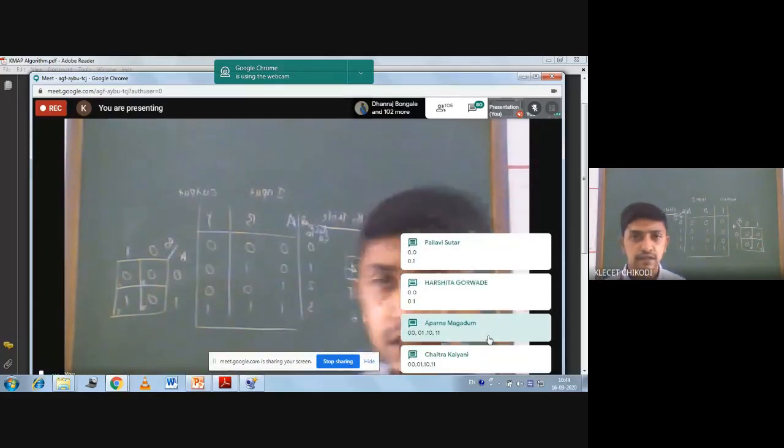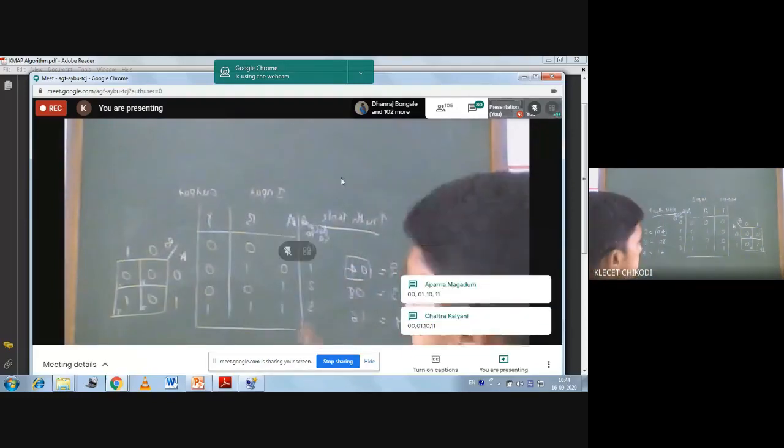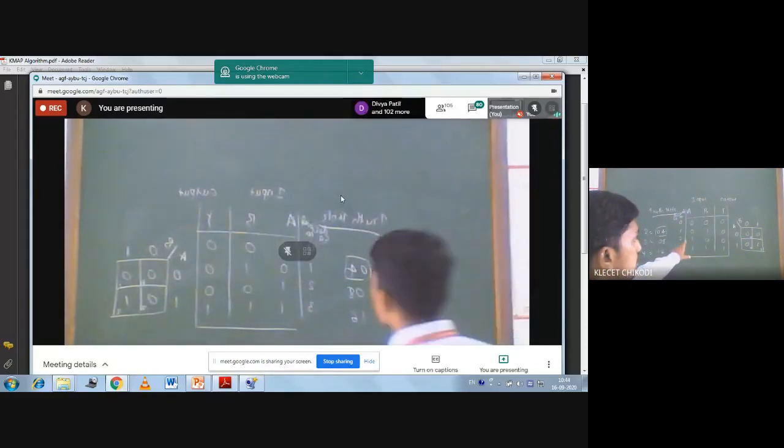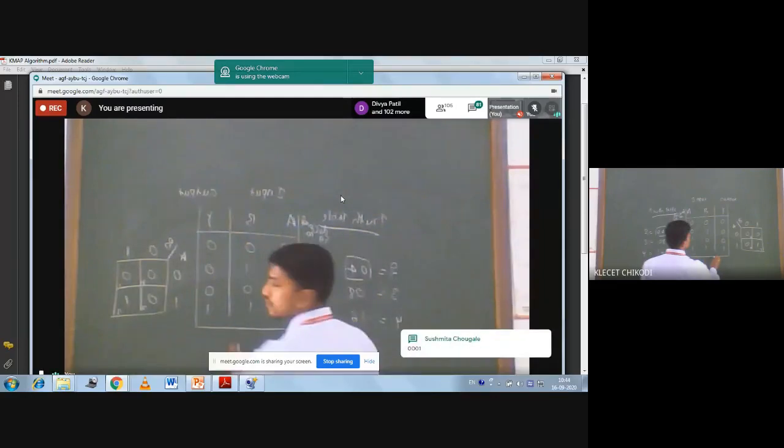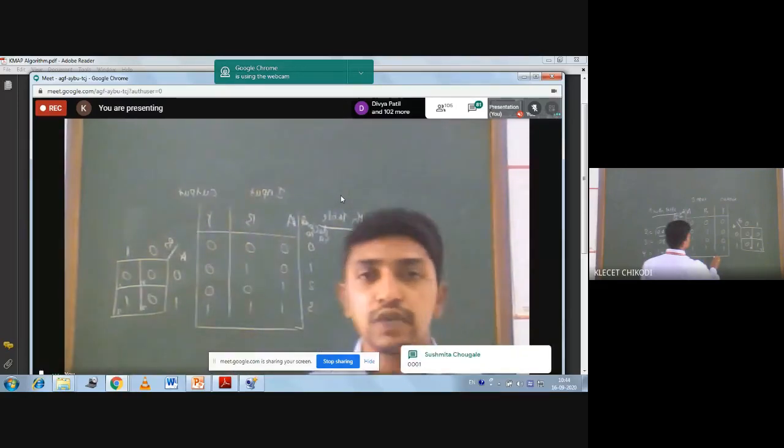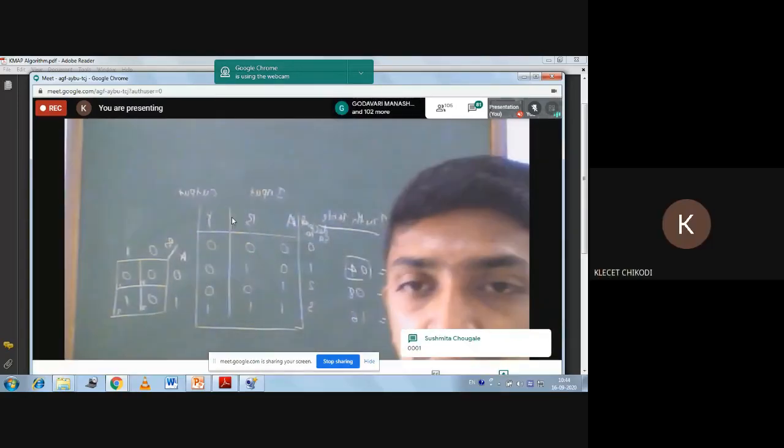Fine. Can anybody tell me by which method we have drawn this truth table? Which method we have used? Whether we have